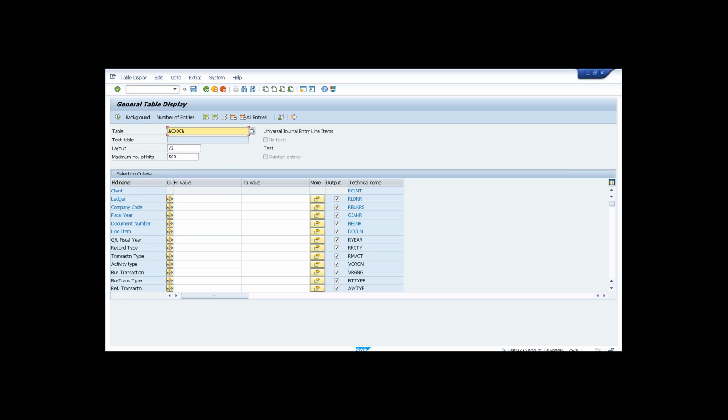you can see that this is a table called the Universal Journal Entry Line Items table. This table contains all the information related to all the different sub-modules in financial accounting. You can see company code, fiscal year, document, which is normally what was maintained in my basic table, meaning financial accounting. If you come down, you can see cost center, profit center, functional area, business area. So most of the information related to, let's say, controlling. Again, if you come down,